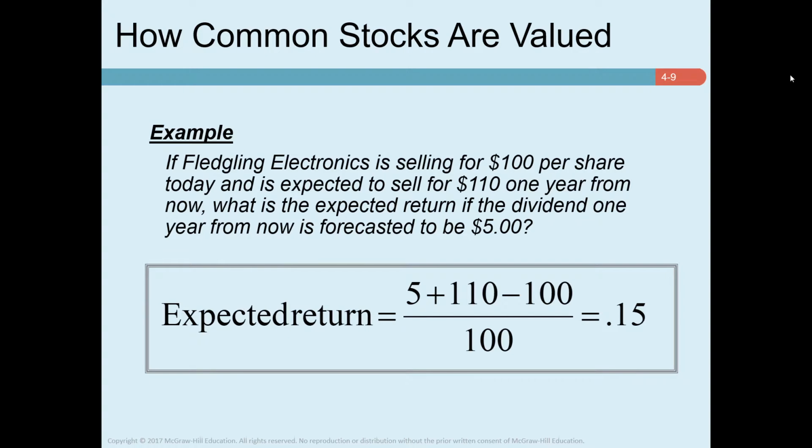And the example, let's see here: if a stock is selling for $100 and is expected to sell for $110 in the future, what is the expected return if the dividend 1 year from now is forecasted to be $5? So essentially, you are taking the 5 and the 110 minus the 100, so you're left with 15 over 100, and that is your expected return, 15%, and it's mostly driven by that dividend and the appreciation in